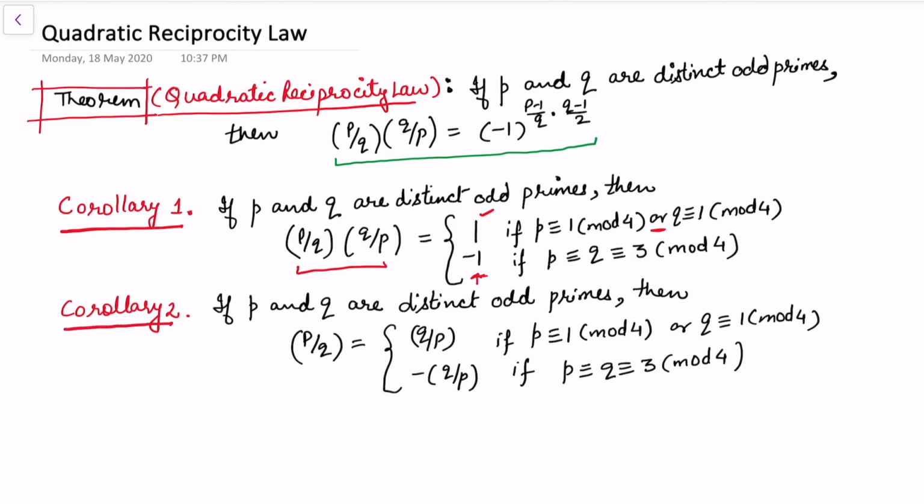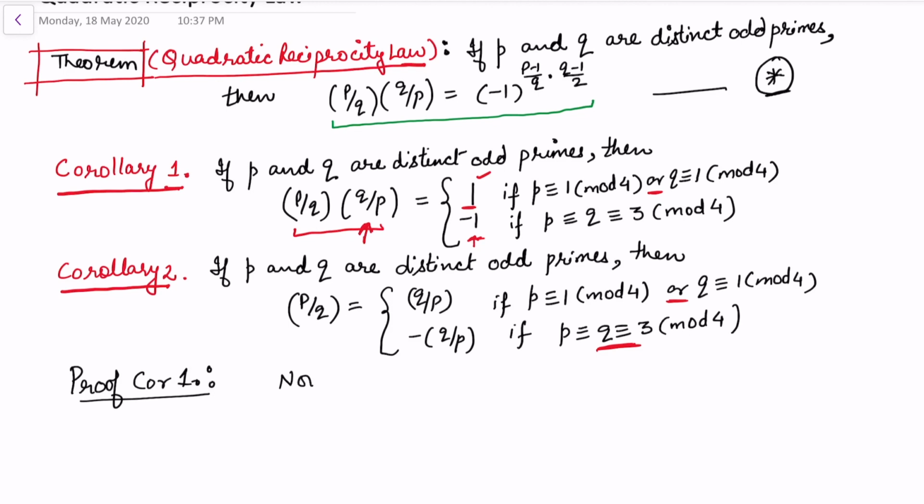And we have corollary 2, which is again a consequence of the quadratic reciprocity law, and also follows directly from corollary 1. We can see that this (P/Q) is (Q/P), so this quantity we can take to the opposite side, as this value is 1. So we can simply say that (P/Q) is equal to (Q/P) if P is congruent to 1 modulo 4 or Q is congruent to 1 modulo 4, and -(Q/P) if P and Q are both congruent to 3 modulo 4. So here it is the AND condition. I assume that at this moment the quadratic reciprocity law holds, and assuming this, I am first proving the corollary.